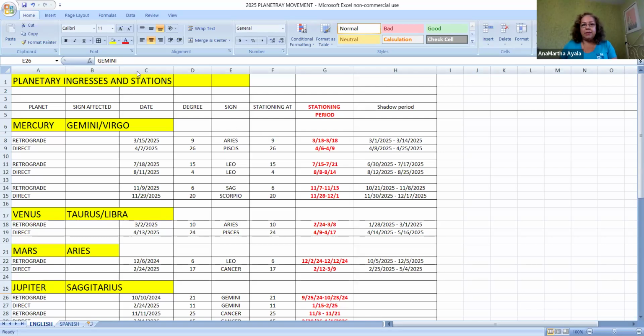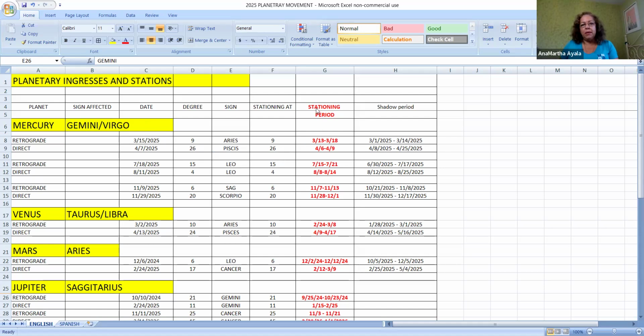Now, the signs that are mostly affected by the Mercury retrograde are Gemini and Virgo. Why? Because Mercury rules Gemini and Virgo. And again, I'm talking to you about the degree theory, right? These are the ones that mostly get affected. Let's say you're Aries rising, it could be that you do hear from somebody because it's going to happen in Aries and Pisces for this period of time. But what I'm saying is that these signs, Gemini and Virgo, their life just gets turned around big time.